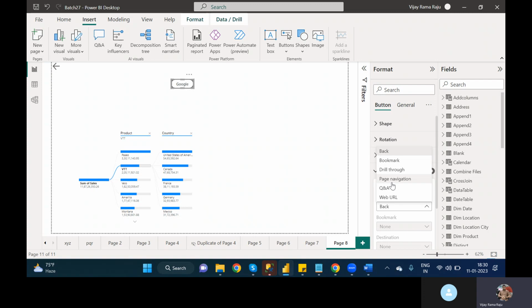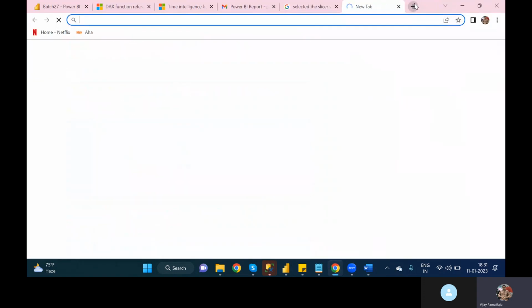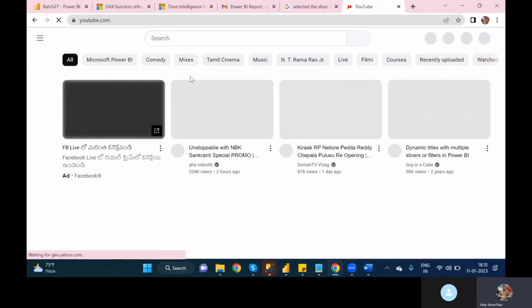Now what we need to do is use the web URL option. Today we need to use the web URL option. If you choose web URL, what will happen? You can give the web URL, whatever URL you give. With that URL, you can go to that particular site directly. Suppose for example, there is YouTube. In that I'm giving,